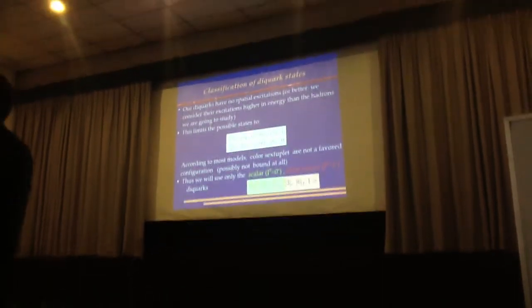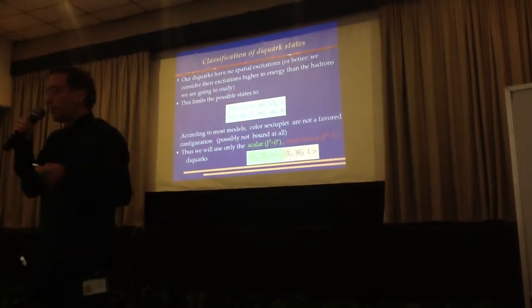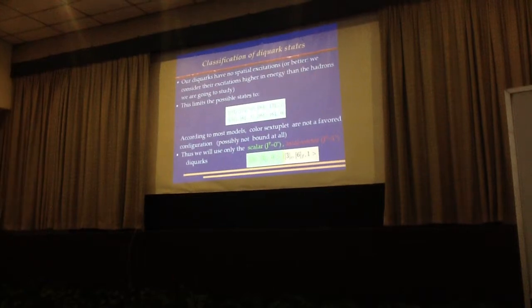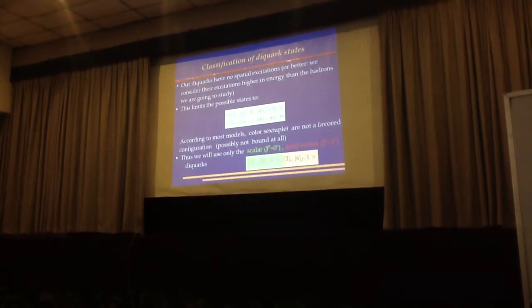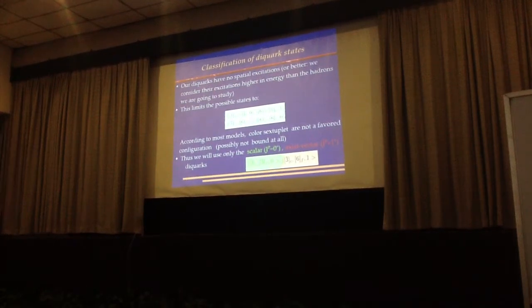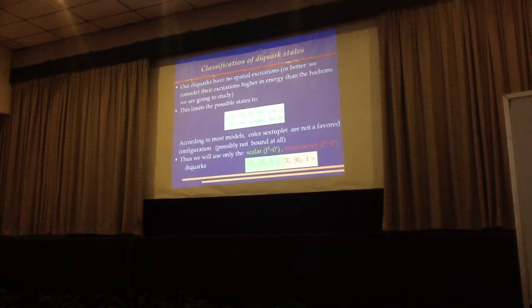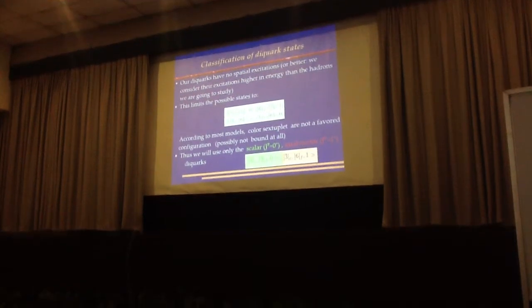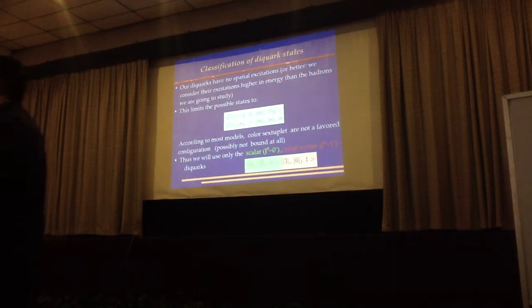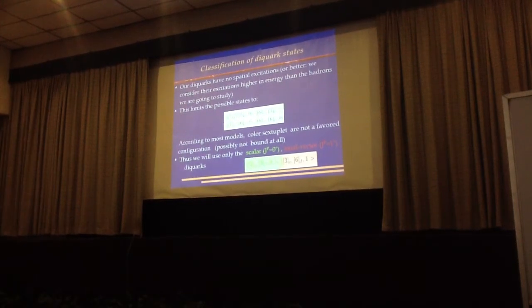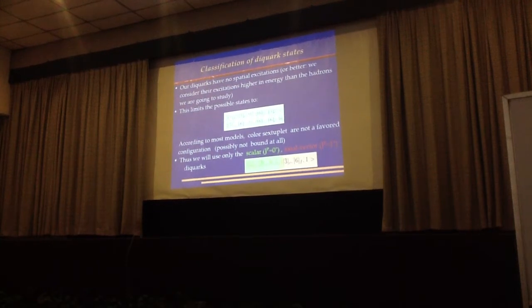So their spatial part is symmetric. But that doesn't mean that they are necessarily point-like. It does mean that they will consider their excitation higher in energy than the hadrons we are going to study, that are the hadrons below 2 GeV. So, since the spatial part must be symmetric, this limits the possible dipole states to the ones we can see